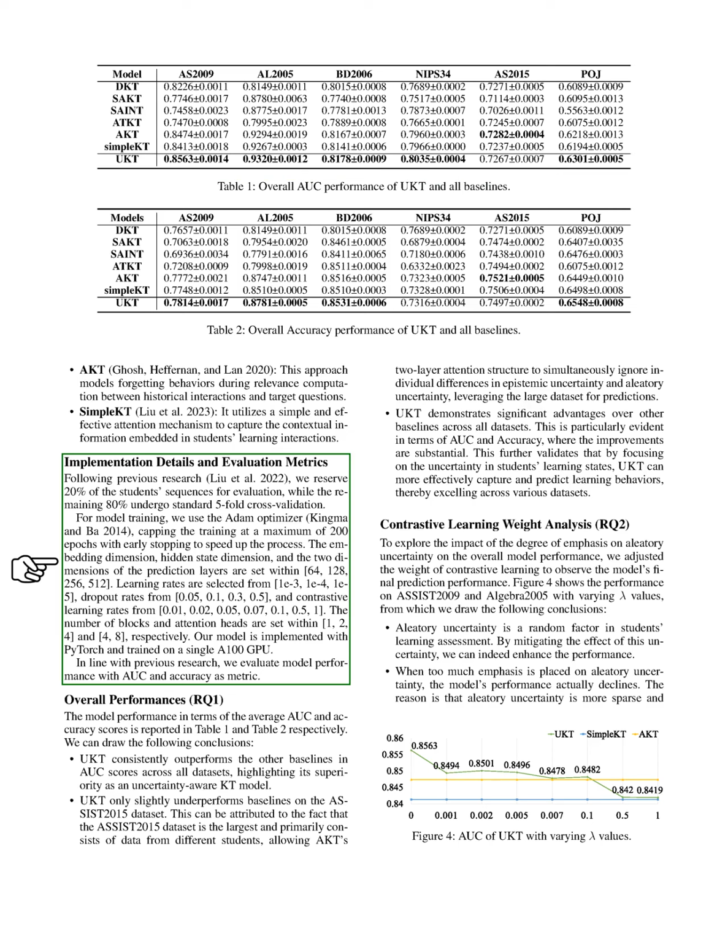For implementation, we reserve 20% of student sequences for evaluation and use 5-fold cross-validation for the remaining data. We train our model using the Adam optimizer, with a maximum of 200 epochs and early stopping. We set various dimensions for embedding, hidden states, and prediction layers, and select learning rates, dropout rates, and contrastive learning rates from specified ranges. The number of blocks and attention heads are also defined within certain limits. Our model is implemented in PyTorch and trained on a single A100 GPU, with performance evaluated using AUC and accuracy